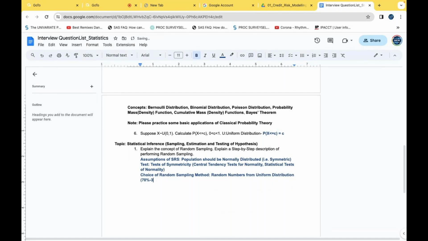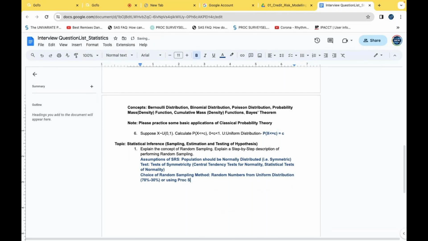We have seen in the last question that, suppose X follows a uniform distribution. So this question number one can be a follow-up question to question number six, or you can use the concept of question number six in answering question number one. So the choice of the random sampling method, either use random numbers from uniform distribution,